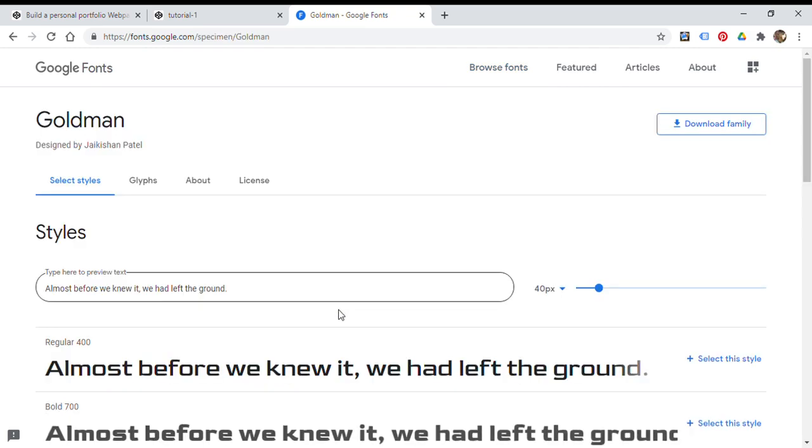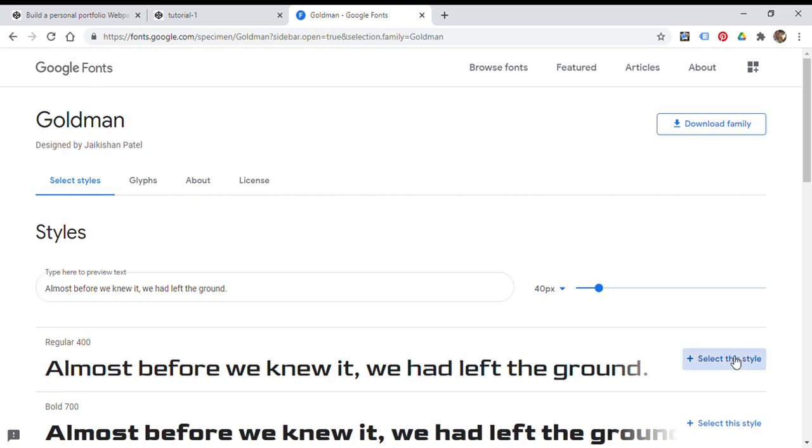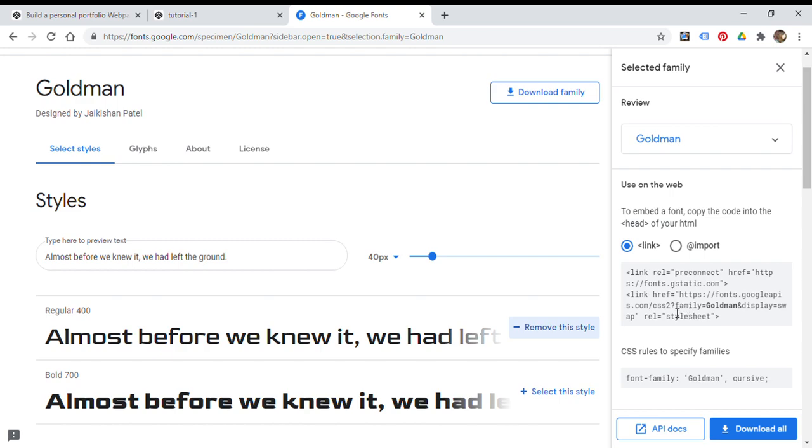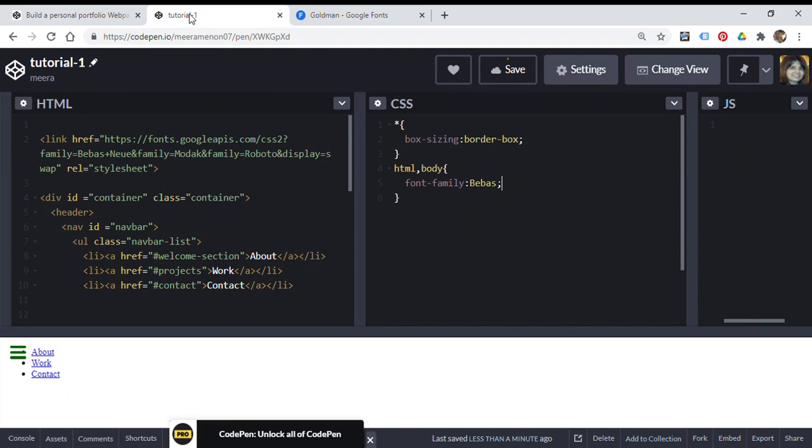Then it says select this style, for example. Select the style. Just giving an example, you can choose anything. You have this link here, as you can see. You have this link here, link href https font whatever. For example, here you can just go here, copy this, and then put it in the CSS head and also in the HTML head and also in the CSS font family, as we have seen here. So that's how it can be done.